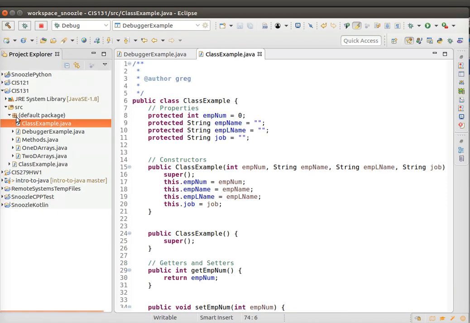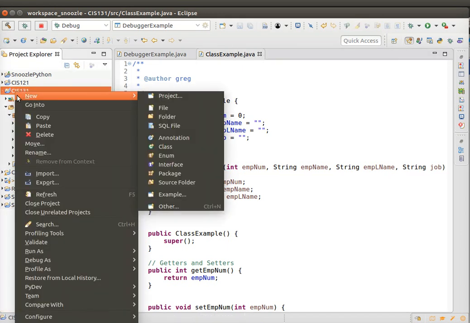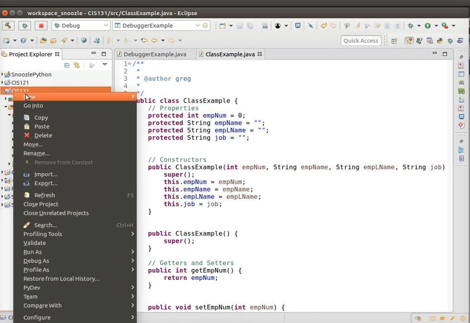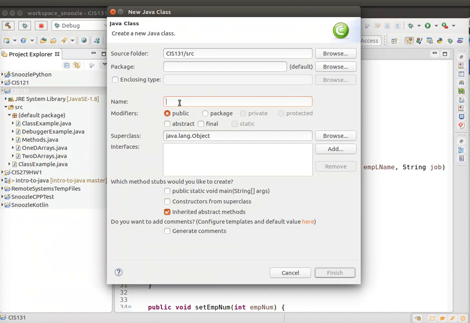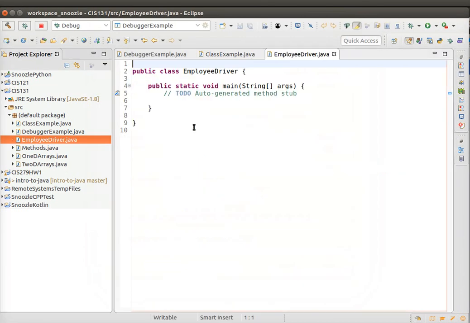So I'm in Eclipse. I'm going to right click on my class, so in this class 131, and add a new class. Now what I'm going to add for the class is I'll call this employee driver, and then I'm going to add a main here, and this should generate a main value. And so what I'm going to do now